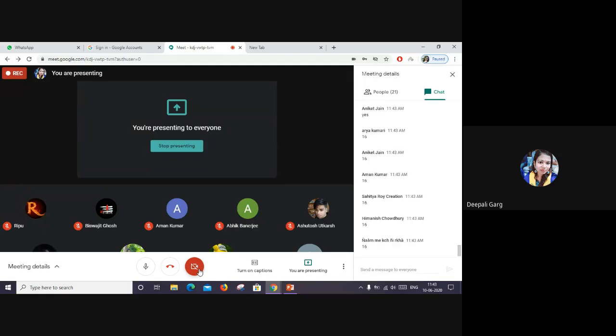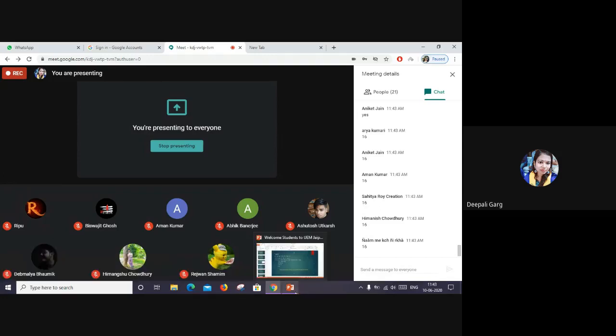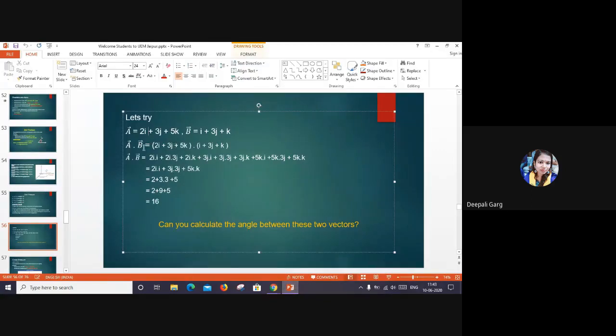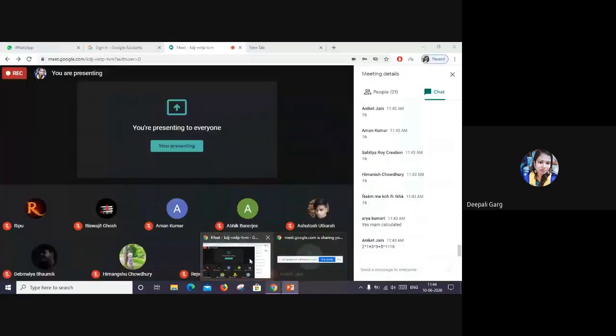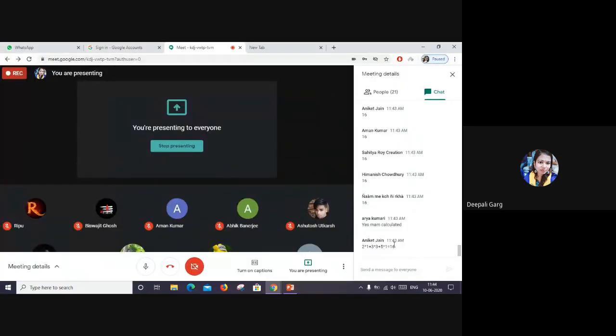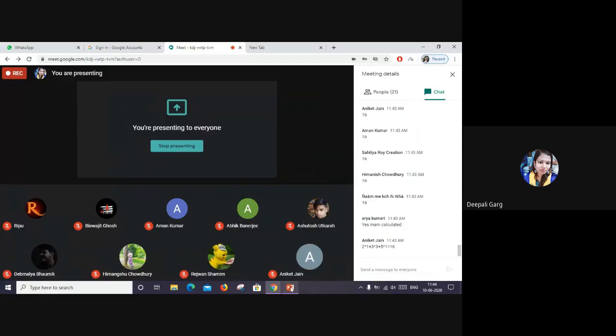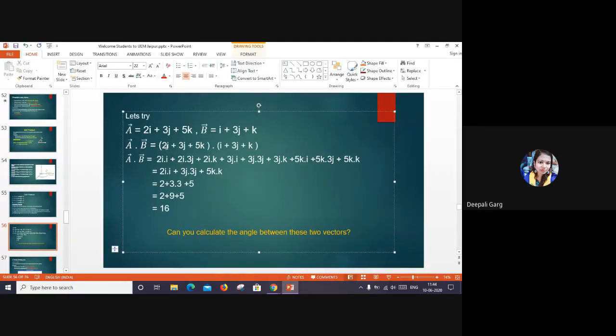The PPT I have solved for people who do not get the answer. So if you are facing any problem, you can see the solution from the PPT also. So let's read the solution from the PPT. I'm just increasing the size so you can read it properly. Okay. So can you read? For those people who cannot calculate a dot product by themselves, they can see that we are multiplying 2i cap with every quantity, every number in this vector.